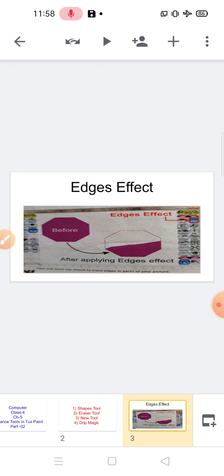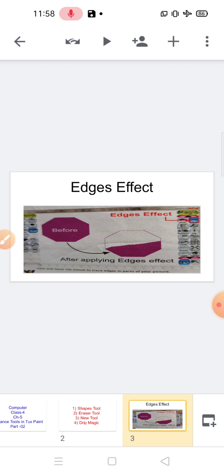It is a very unique feature in Tux Paint. We can differentiate the edges from an already drawn image. For using this effect, first of all we have to click on the shape tools and select any filled shape from the sub toolbox.